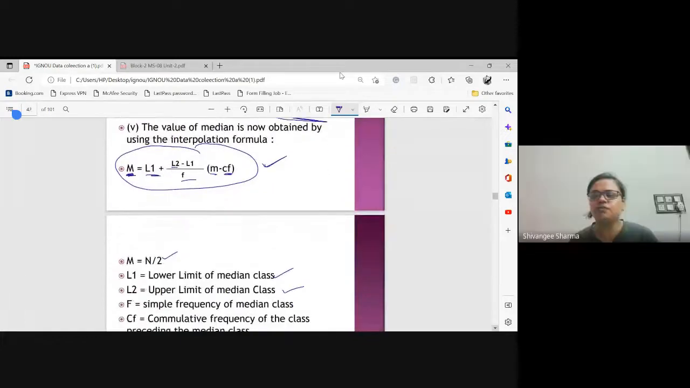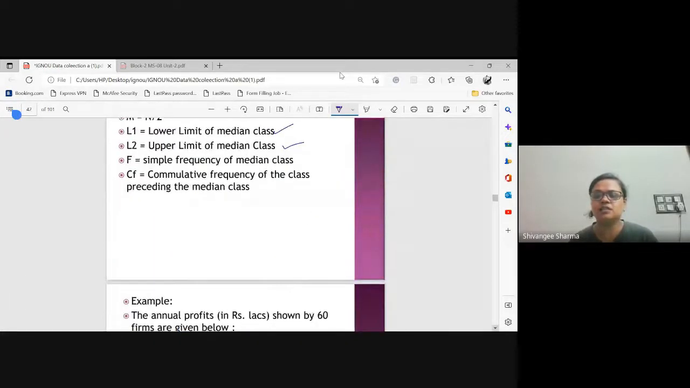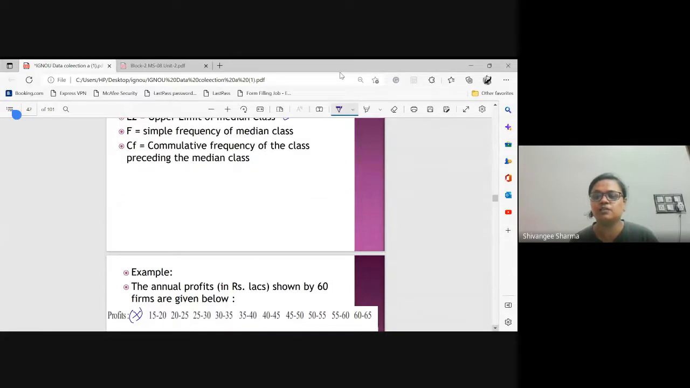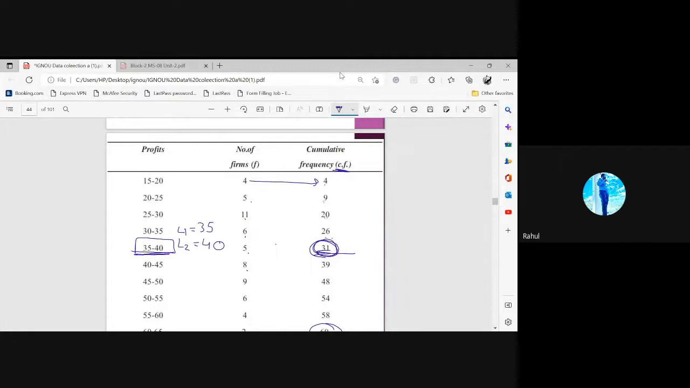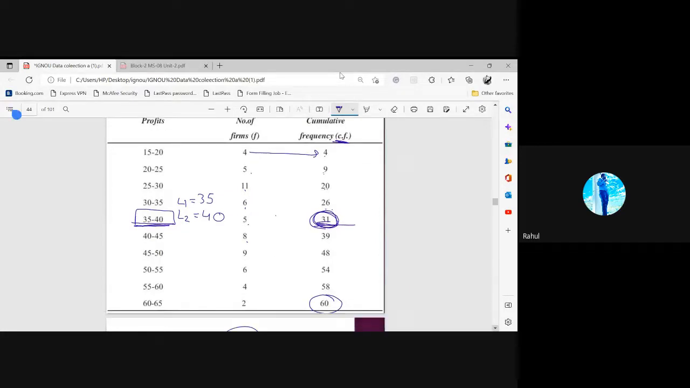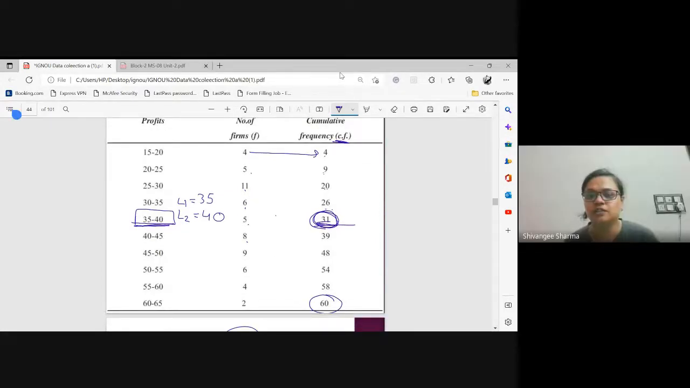Your cumulative frequency, beta. M minus C is your cumulative frequency. क्यूमुलेटिव फ्रीक्वेंसी कितना है उस पर्टिकुलर क्लास का? 31। Oh, sorry. क्यूमुलेटिव बेटा, क्यूमुलेटिव।